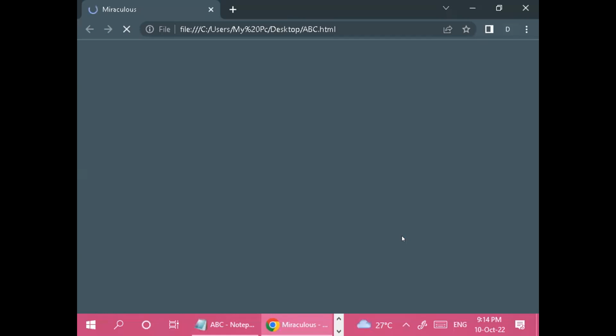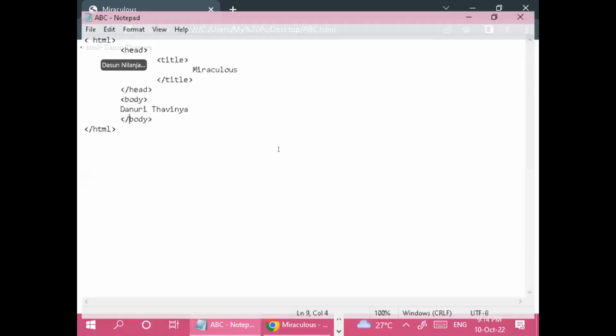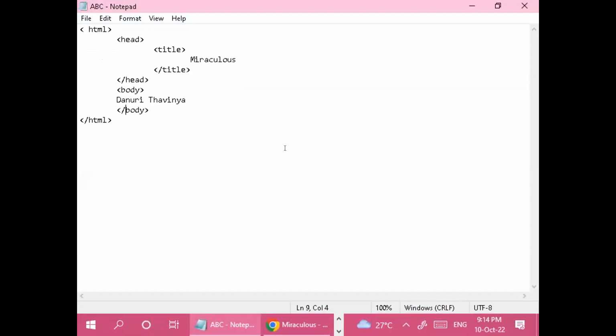Here the heading will come. And in the body, you can see, oh, but this HTML is something wrong here, right? Shall we go back to the code? The problem is the space here. Remove the space. Here also I think you have a space. I'm not sure. If there's a space, remove it. Right, okay, just save it.